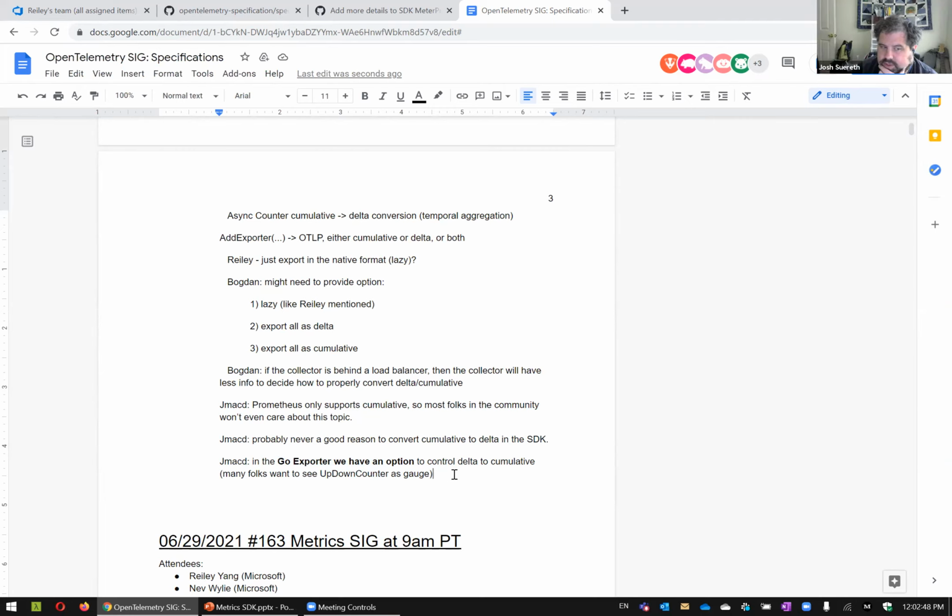The only use case I'm talking about is where you run a local collector and you try to get the metrics out of process as quickly as possible to be resilient to failure in your main process. And so that your metrics pipeline and your main process have different failure domains. That's what I'm talking about specifically as that use case, which is the statsd, shove this thing out as quickly as I can. And I would call that thing an up-down counter.